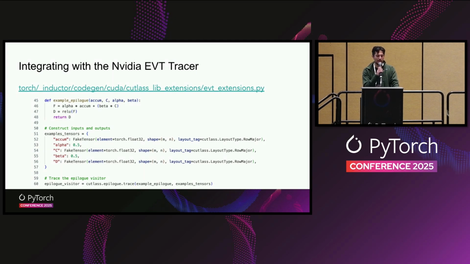Some of this metadata is the data types, so it knows when to do type conversions in the Epilogue visitor, and then the shape, so it can do shape analysis and add reshape operations, and also the layout in order to also analyze the reshape operations. Once you pass in this dictionary, you can just trace that Python code